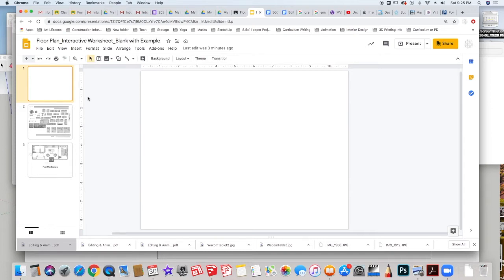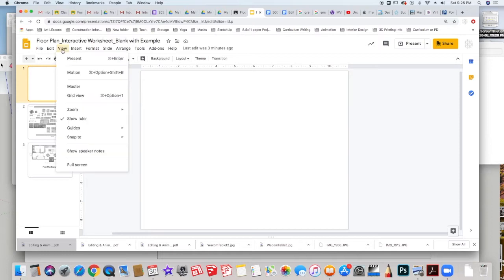One of the things that I showed you was that I've set up this worksheet so that it has a grid in which 1 square equals a foot, and that's known as scale. The scale can be turned on by going up to View, going to Guides, and clicking Show Guides.